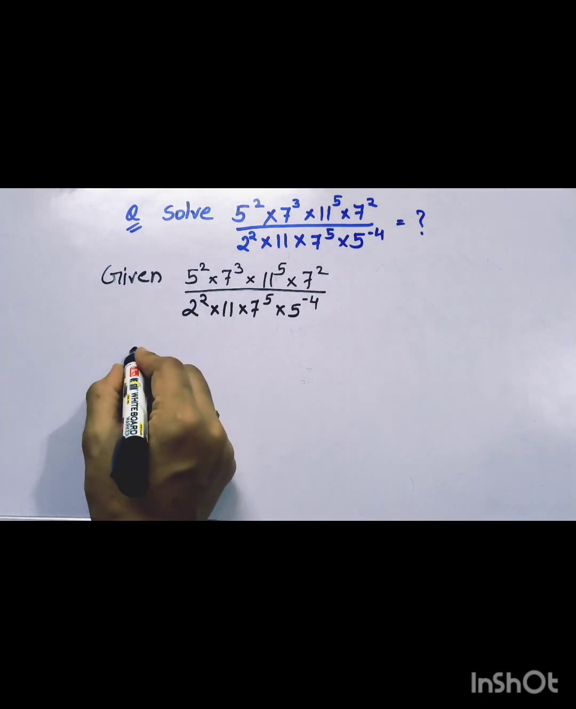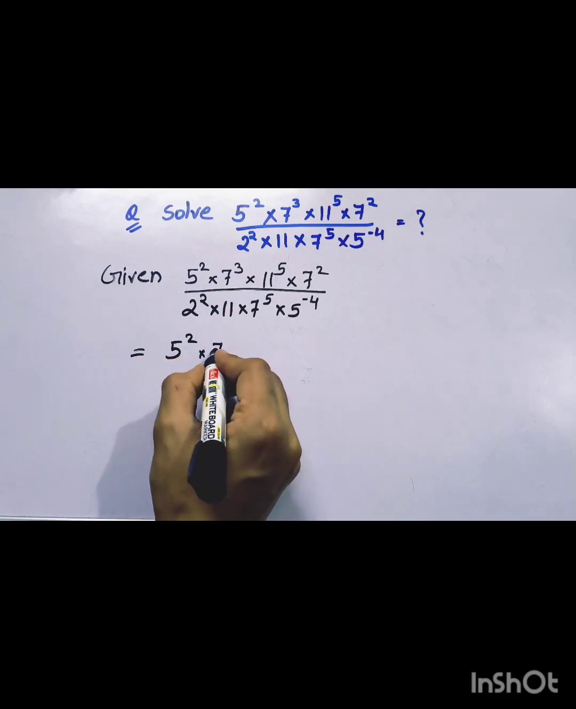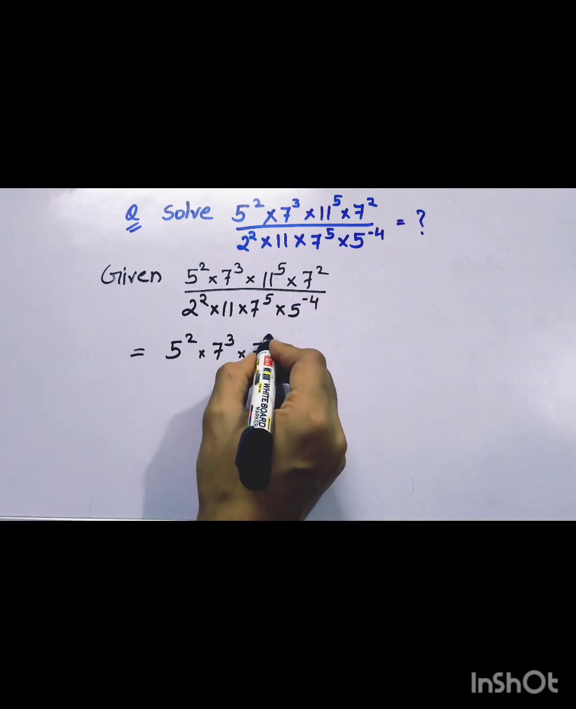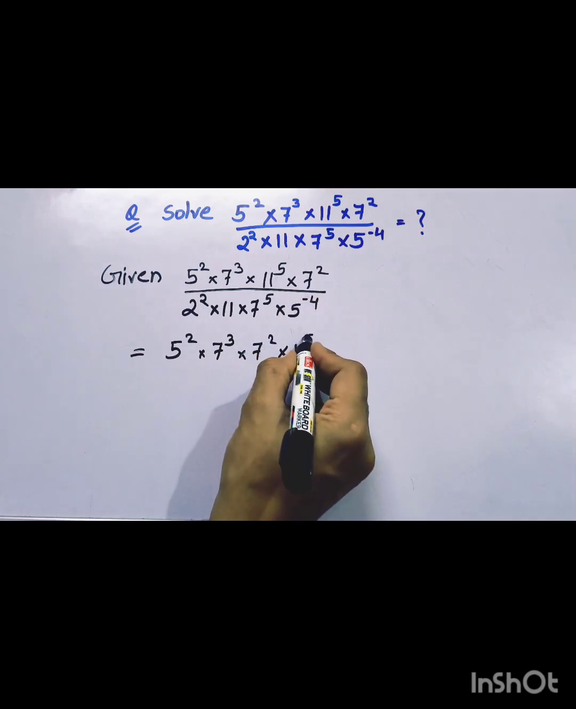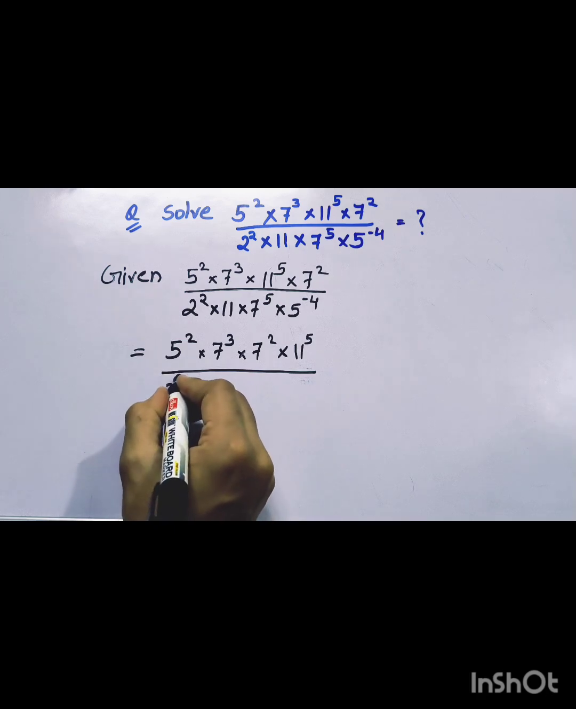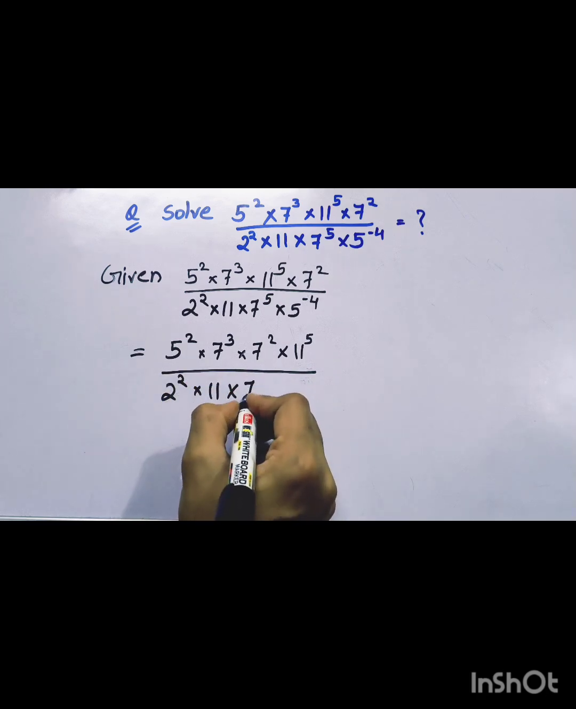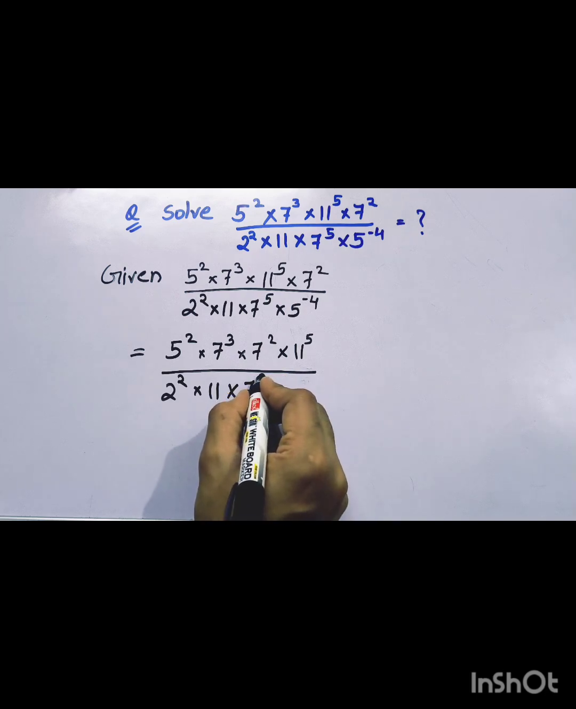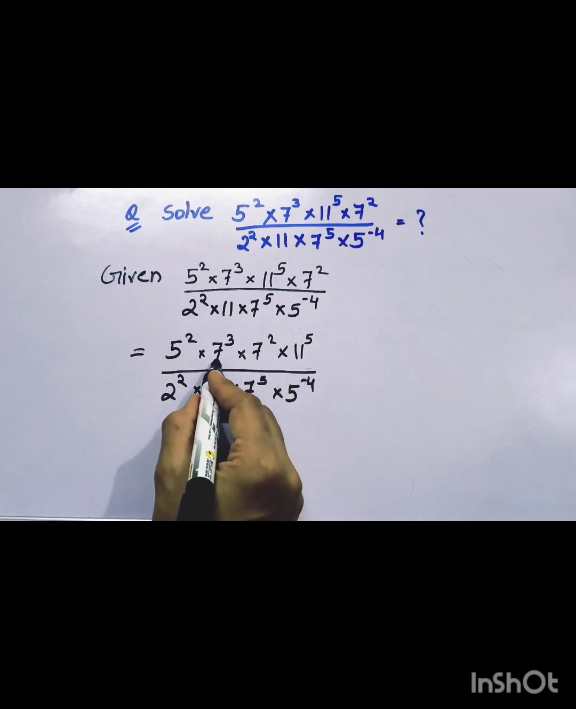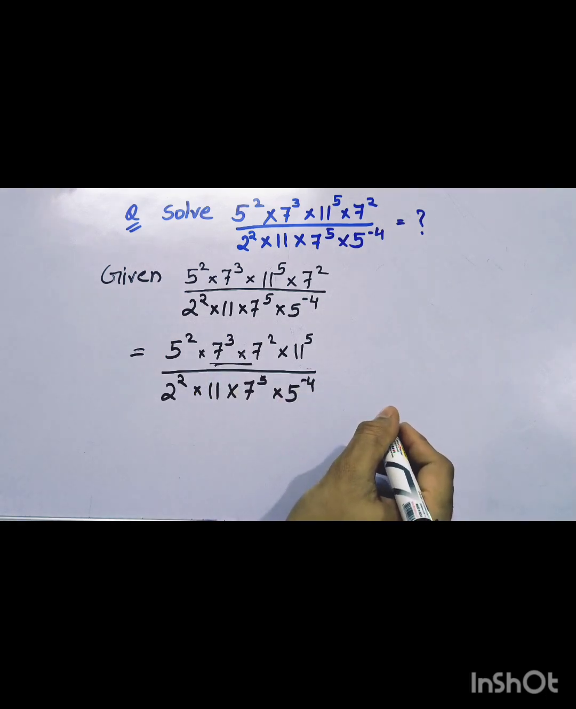So we'll start by writing 5 to the power 2 into 7 to the power 3 into 7 to the power 2 into 11 to the power 5, whole divided by 2 to the power 2 into 11 into 7 to the power 5 into 5 to the power minus 4. Okay, now we'll write the